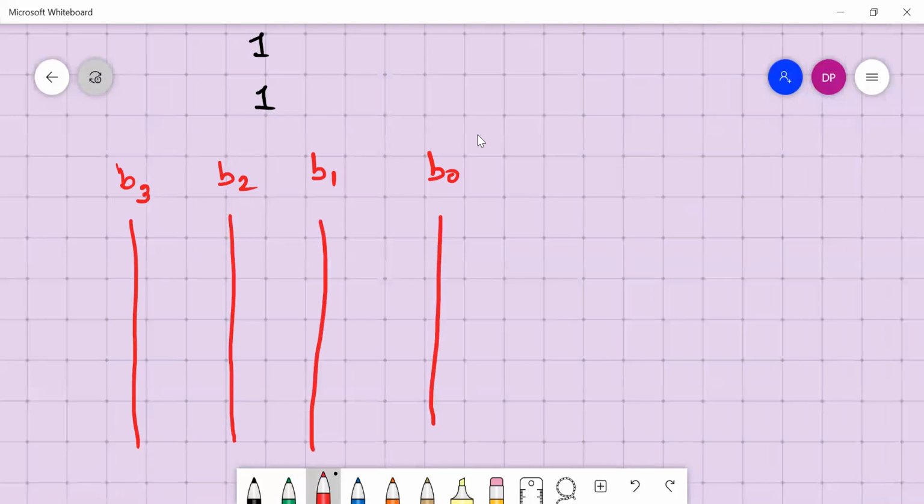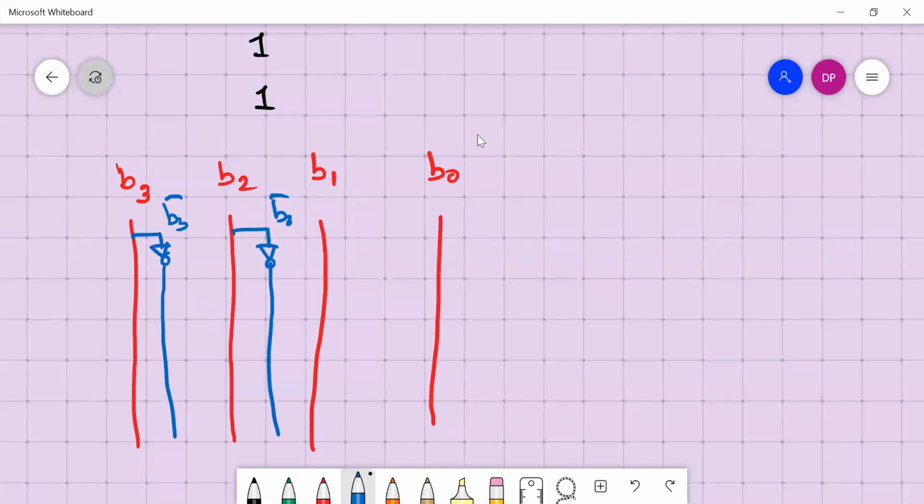Then you put a NOT gate, and you will have B3 complement, similarly B2 complement, B1 complement, and B0 complement.